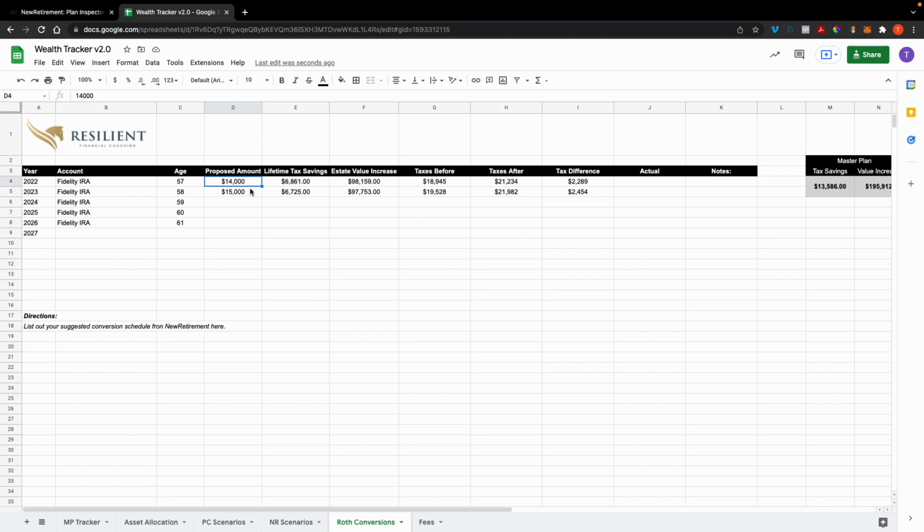So $14,000, $15,000, and you would continue to do this for as many conversion events that you want to model. Then what you do is you take the lifetime tax savings from that event, estimated value increase from that event, taxes before, taxes after,